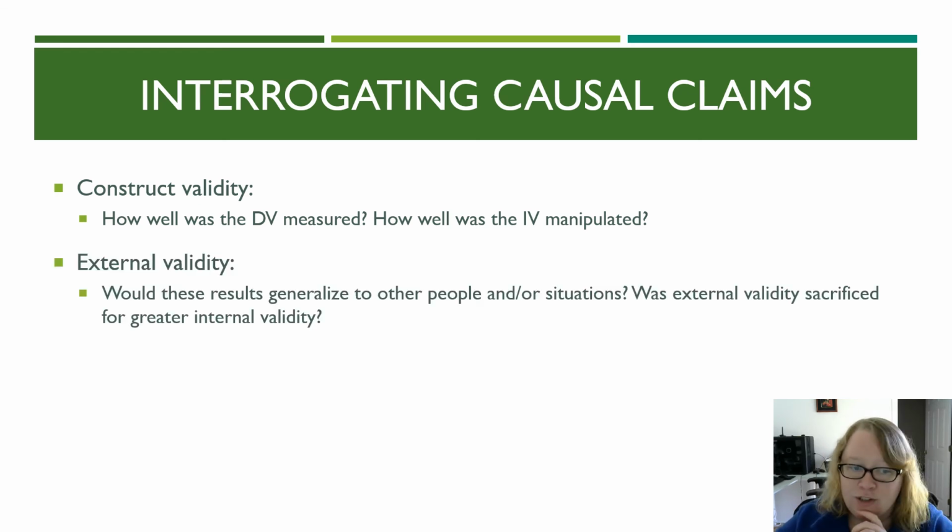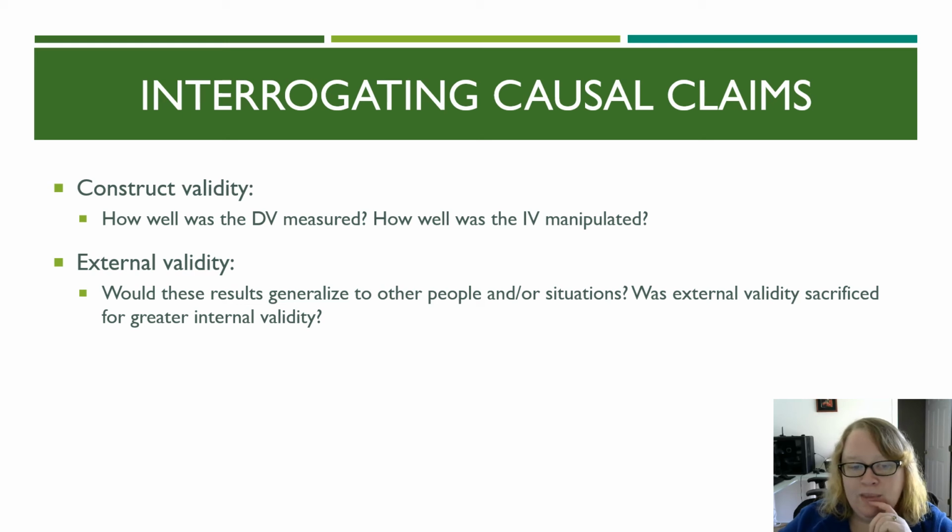All right, now external validity, we talked about that in the previous module before the exam. So external validity is about generalization, right? Do your results generalize to other people and or situations? So you see on the slide here, that same question that we would ask of any type of study is relevant for causal claims. But one thing that's common with causal claims is that external validity gets sacrificed for better